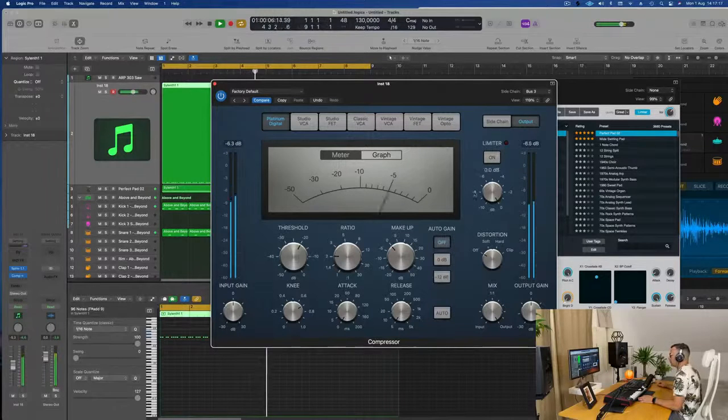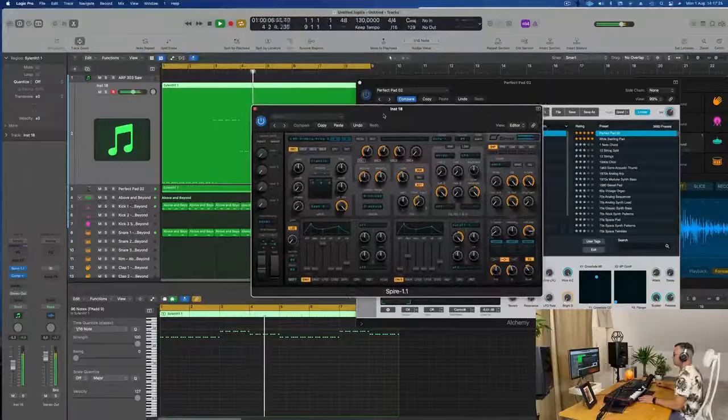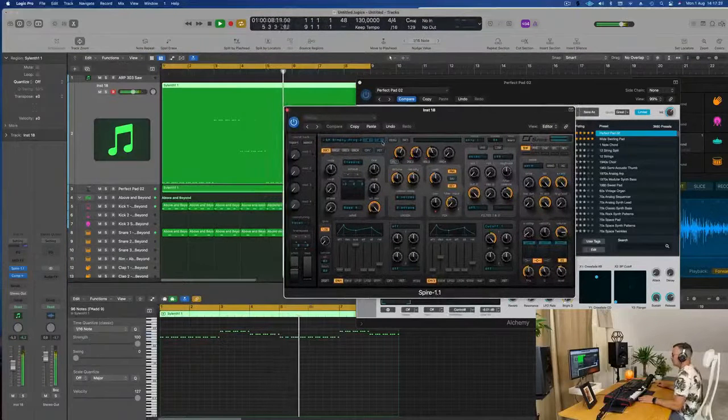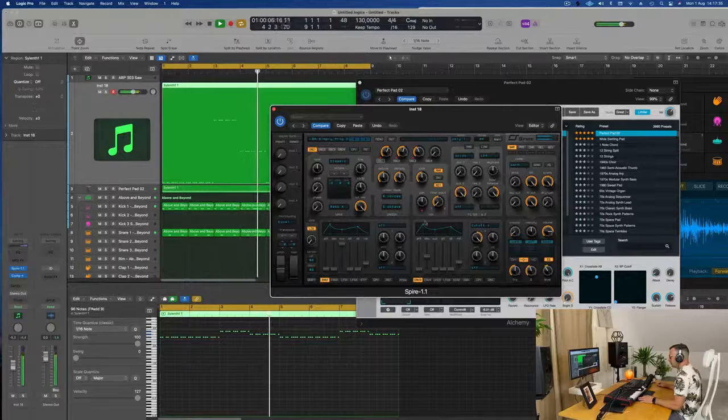Turn off the auto gain. I kind of like that actually with this. Nice chunk already. I think I'm not gonna go so much in depth yet. I'm trying to find the filter in this thing, cutoff here. This is really different than most of the synths that I used before, so